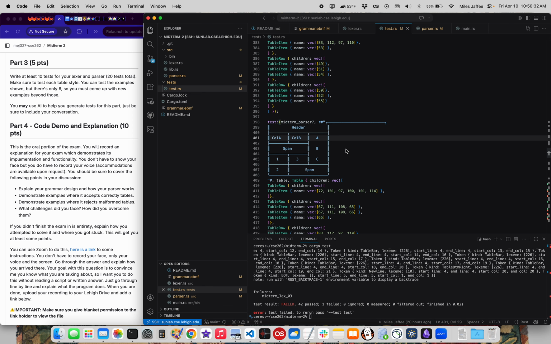One of which being keeping track of column sizes, which would definitely be necessary if we wanted to think about this in terms of columns. Like making sure the span shows up in both the ABC column and the B span 3 column. But that would have been quite difficult,